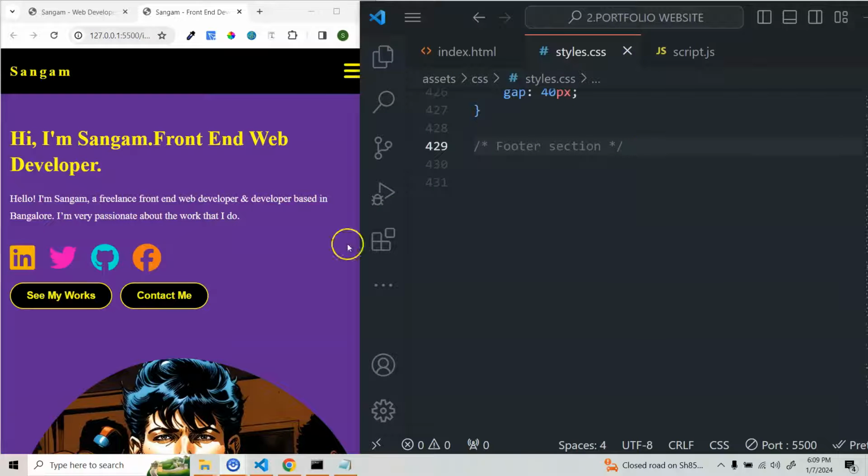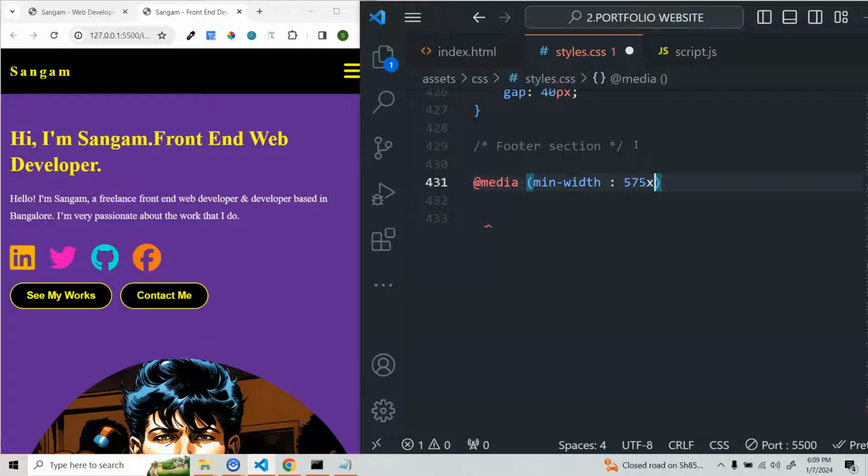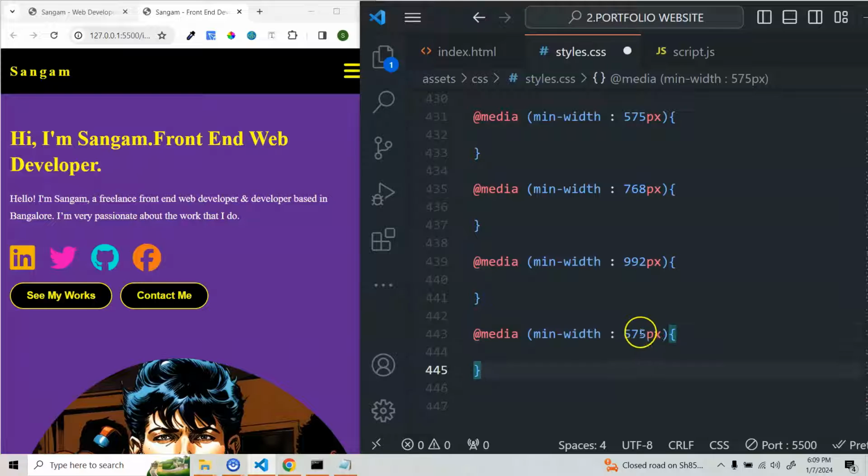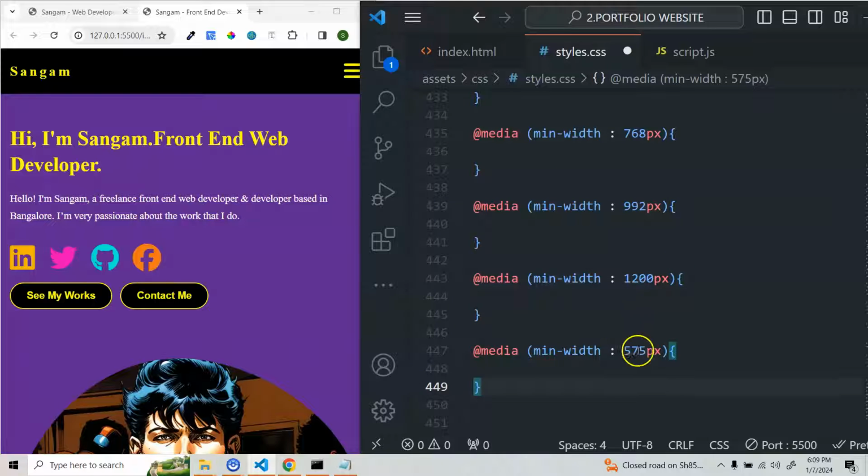All right, everyone, let's start working on the media queries. First we'll write all the breakpoints that we need. First we'll do min width of 575 px. Let's copy this. Then we'll do a min width of 768 px. Then 992 px. Then 1200, and at the end we need 1400. All right,